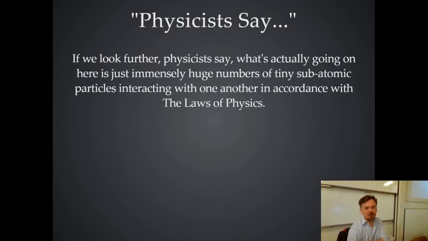So physicists have got a description for this. A physicist would say that what's actually going on is you've got atomic or maybe subatomic level particles obeying whatever laws of physics exist at that level of scale. So imagine there's a bunch of little, let's just pick atoms, although there are things smaller than atoms. Imagine you've got your simulation and it's full of atoms, and the atoms are running a piece of code called the laws of physics. And that tells them what they're supposed to do based on the atoms that are nearby that might be causing forces to act on them, and they just work out what they need to do.